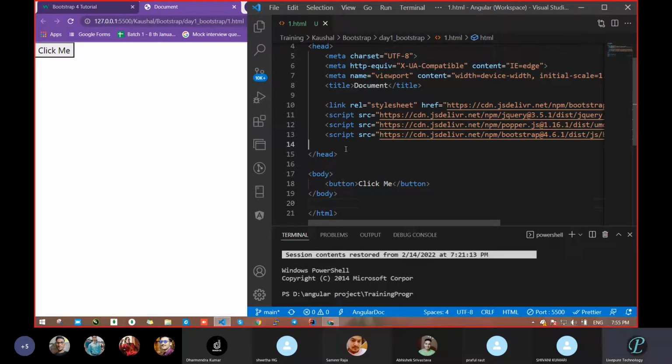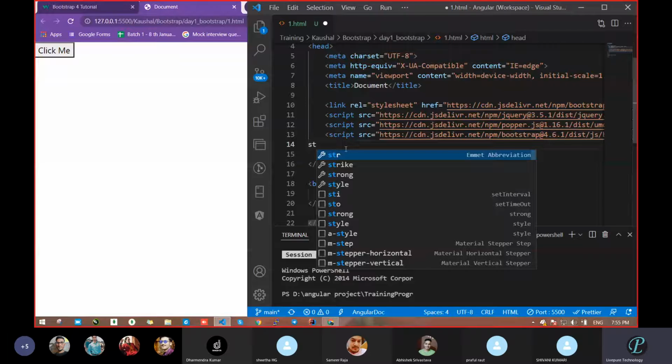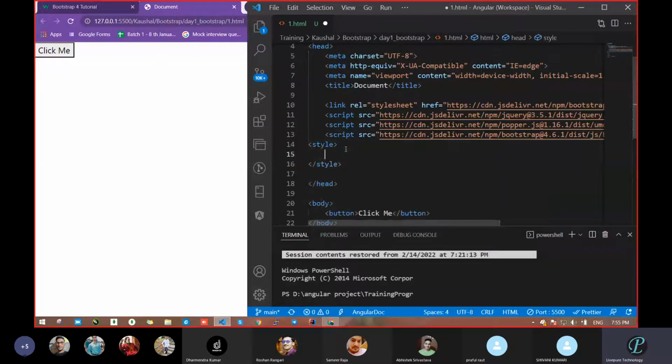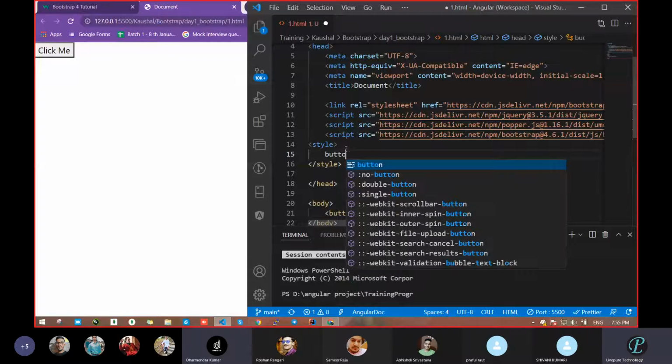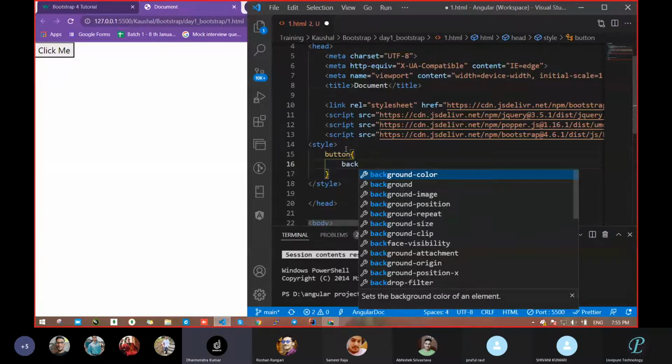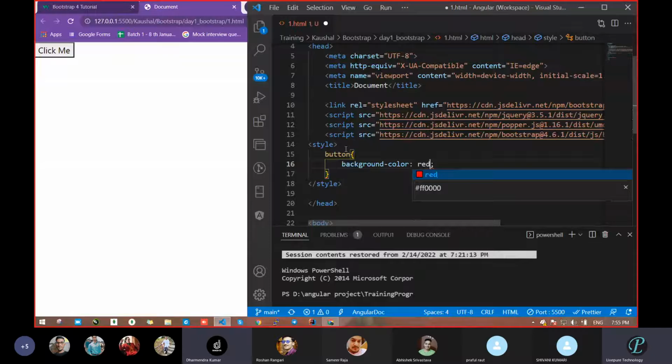Wait. Tell me, someone, how we can design the button with the help of CSS. I want background color, text color, something. Target the button, sir. Okay, style, correct. Next, button, background color. Go with red.